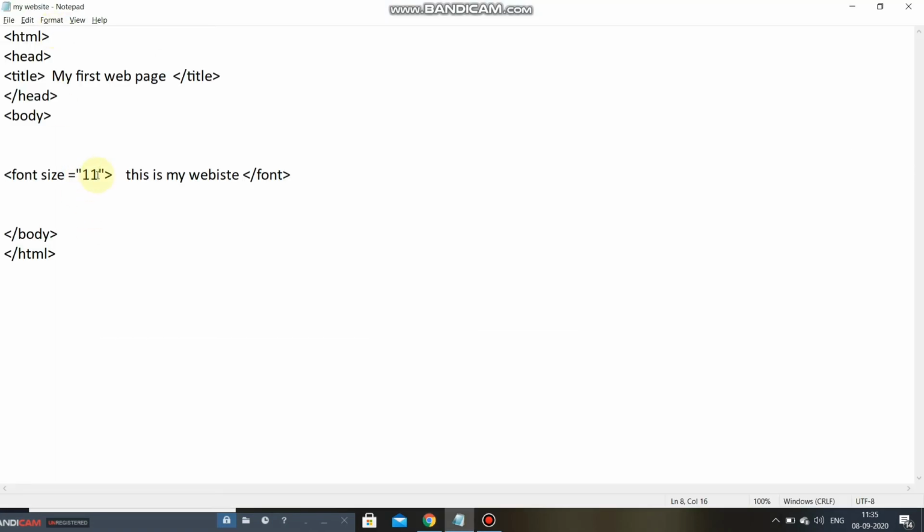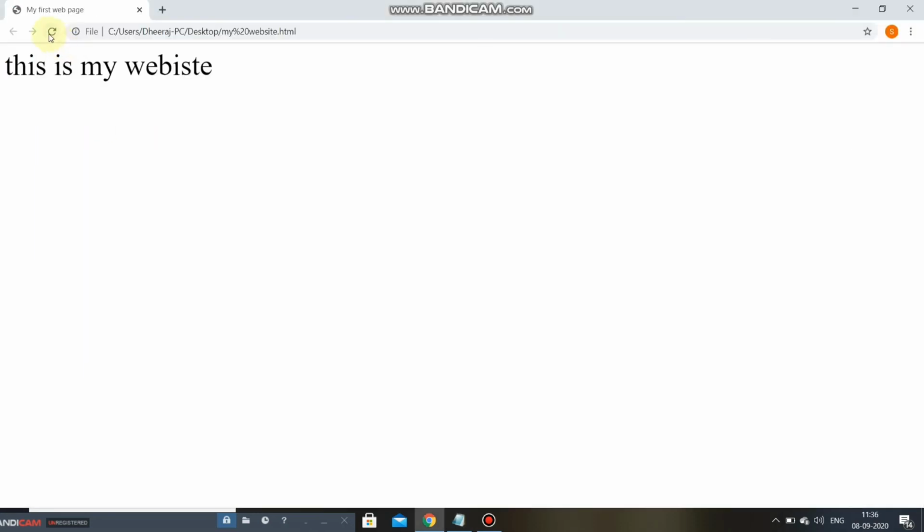While we are writing the maximum number, or more than the maximum number, which is 7, it will show the same size. It doesn't matter if we write 100, 10, or 9; it will take the maximum number 7 only if we exceed the limit. And what is the limit of font size? Between 1 to 7. If we exceed the limit of that range, what will it do? It will take the largest font, that is 7 only. All right.